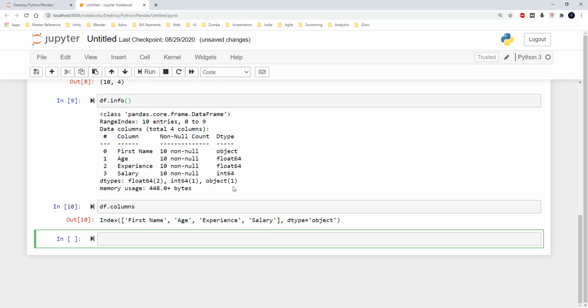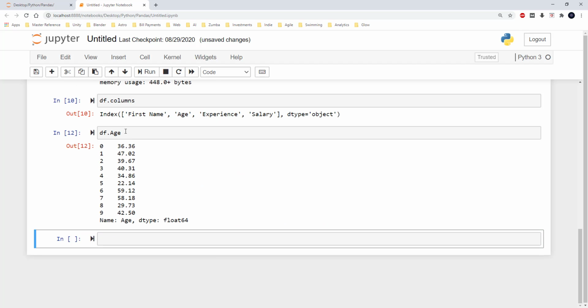If I wanted to get the values from specific columns, then I can get it by mentioning the column names. So here if I wanted to get the age, then I can just mention it as df.age. So age is a property of a data frame and it has these values in it.